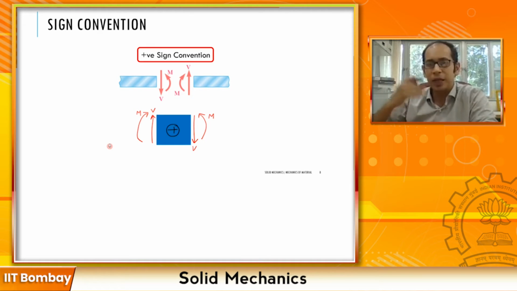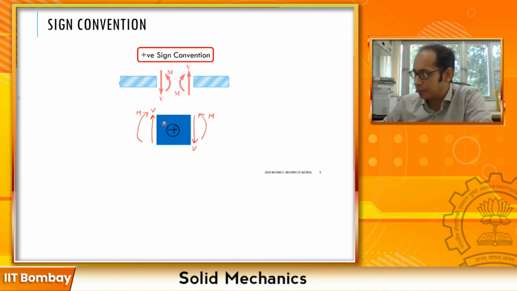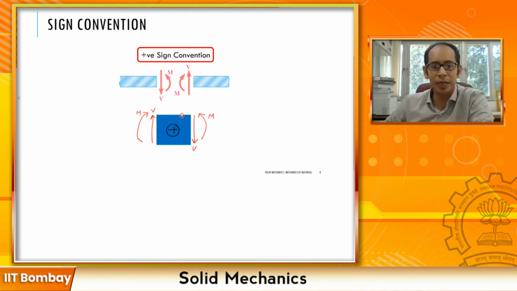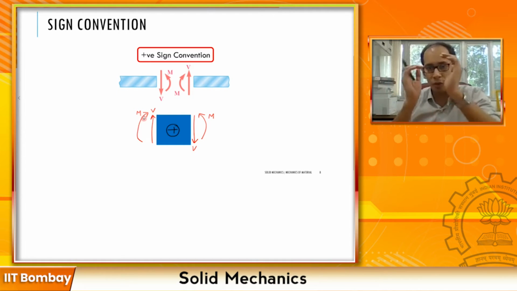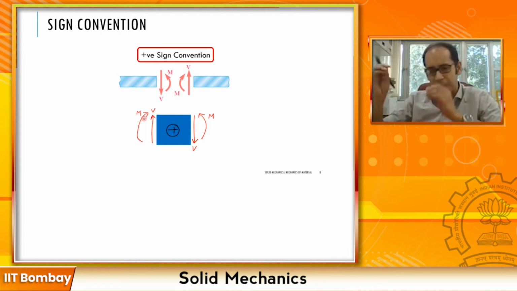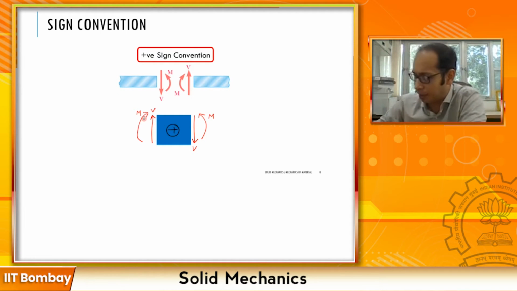right? Let's take a look at the forces again. You see this V and this V, how does it tend to rotate the element? It tends to rotate the element in a clockwise manner. And you see this M and this M over here tries to curl your beam or cause a kind of a sagging movement, right? Now, if I have to separate this V and separate this M, essentially what I can represent this as, if I just draw the shear.